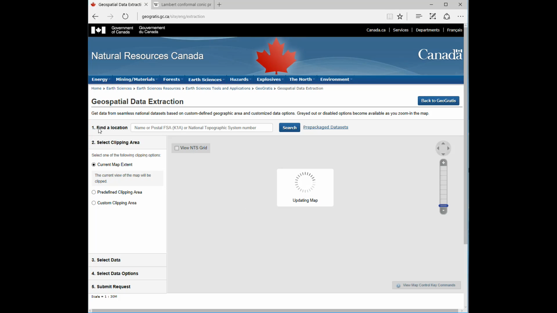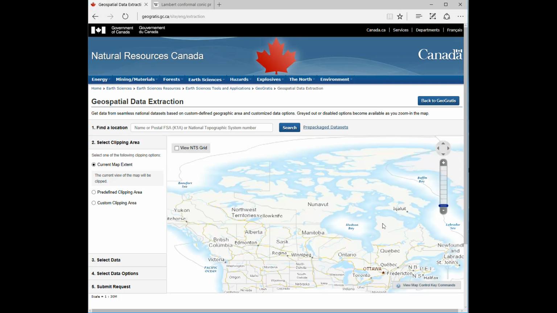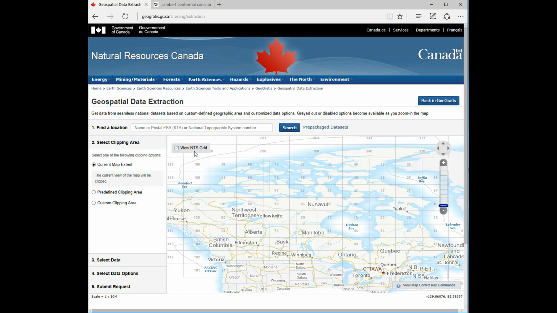We have everything that we need for getting our terrain located here, and we can zoom in and move around on the map with these controls, or we can click on it and drag and so forth. So we now have a map of Canada, and once that's up, we could click on View NTS